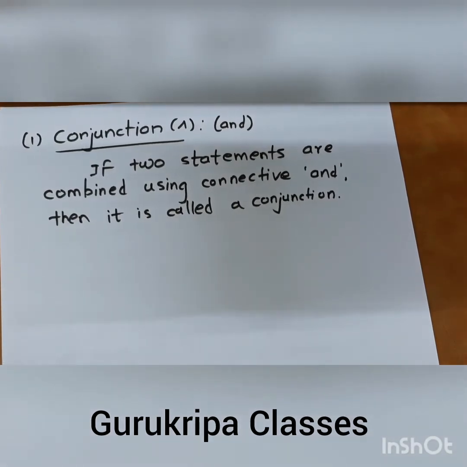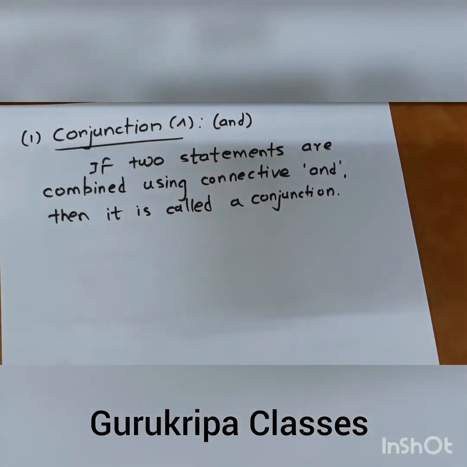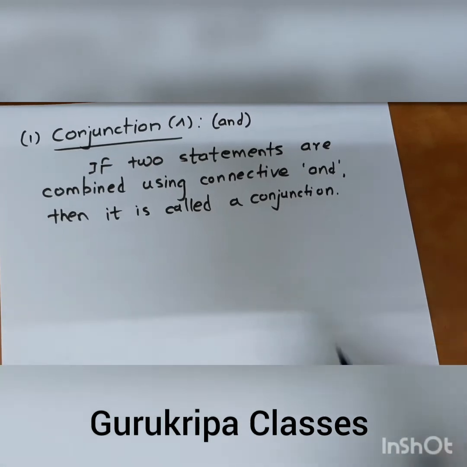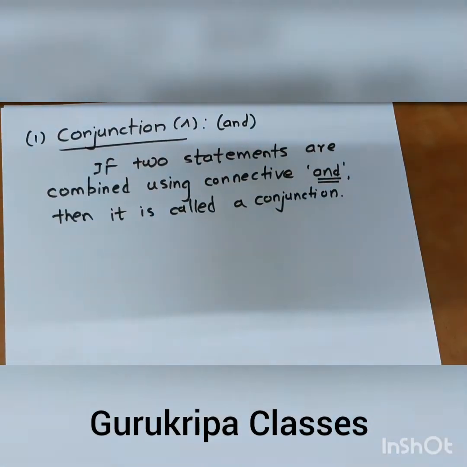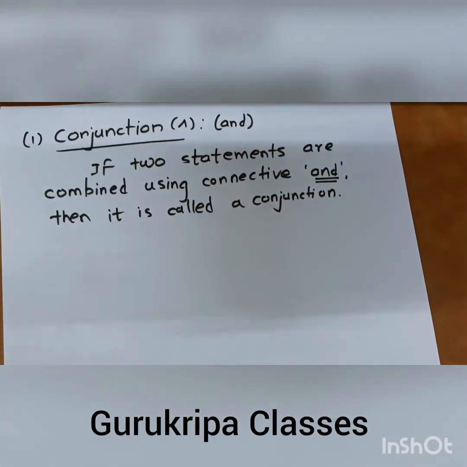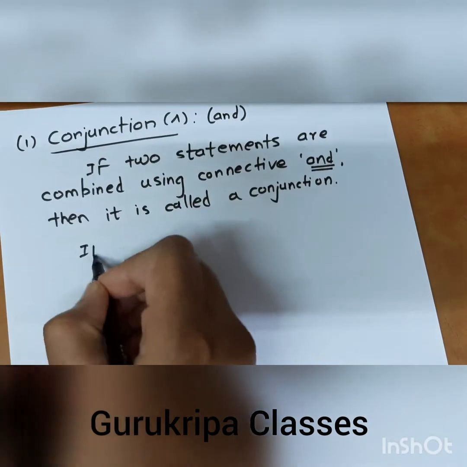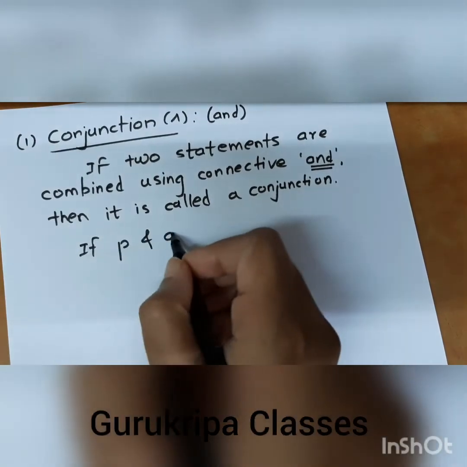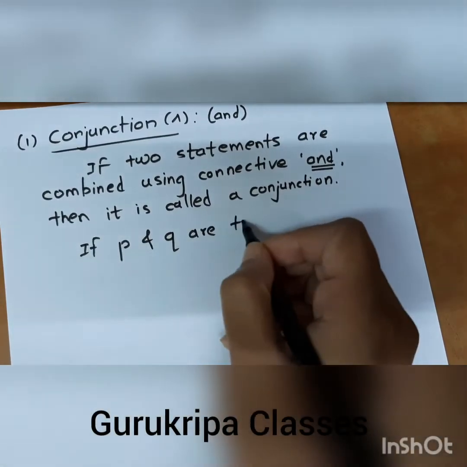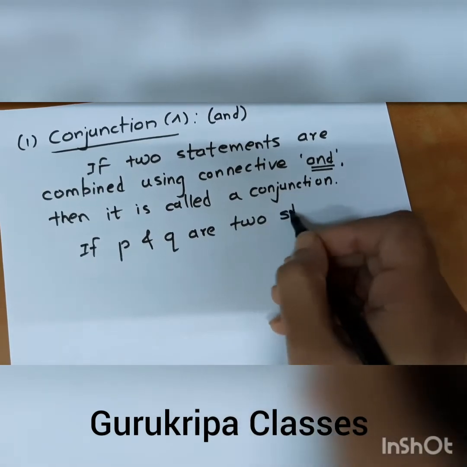If two statements are combined using the connective and, then it is called conjunction. So in other words, if P and Q are any two statements,